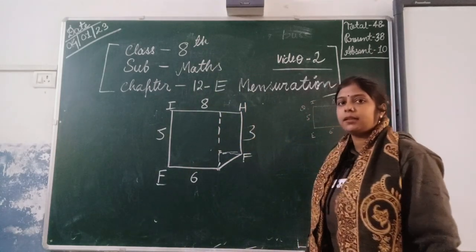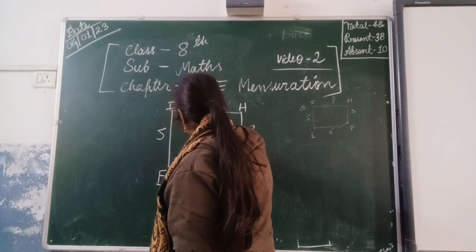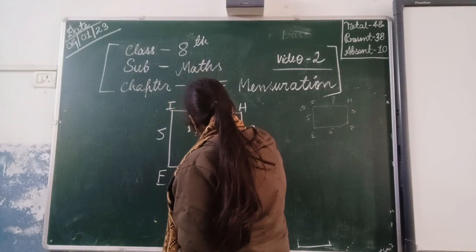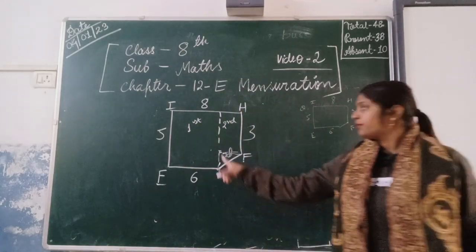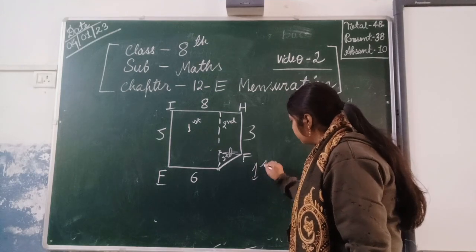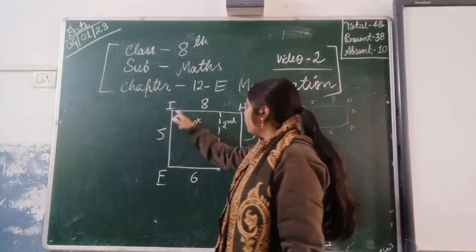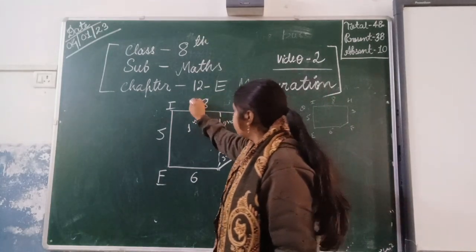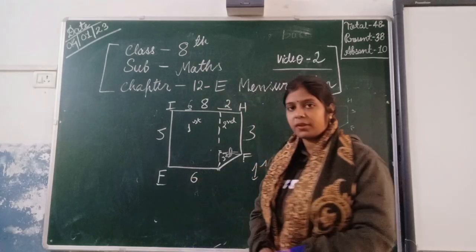We can divide it like this. Mark it first, second, and third. Mark this as the first, second, and this one as the third shape. As you will observe, the dimensions are, this is the whole part, here it is 8. This will be 6 and this is 2. Divide it into 6 and 2.